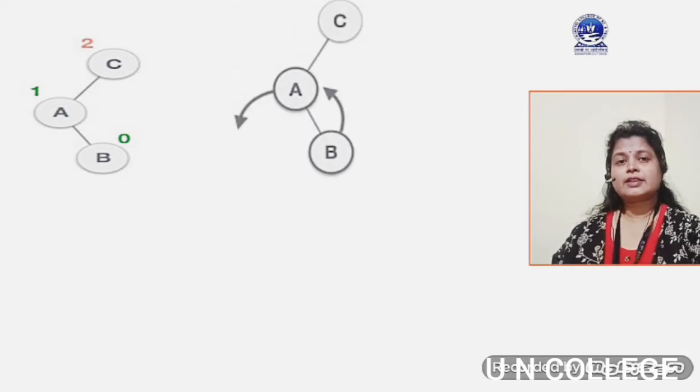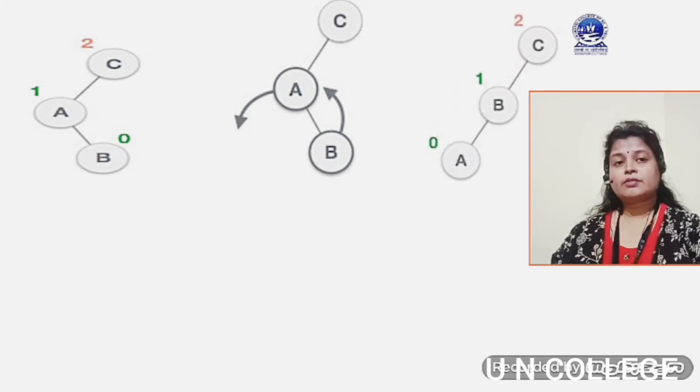You can see that at the first step, let the tree consist of C, A, B, and C is the root, A is the left child, and B is the right child of A. At that time it becomes imbalanced, and we have to perform two rotations combiningly step by step. We will just take B as the parent of A, and we will make A the child. So the tree looks like this: C, B, A.